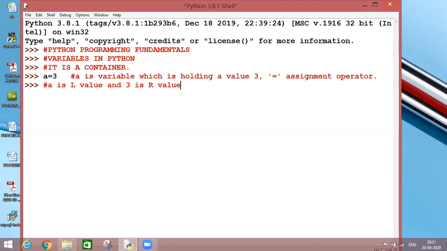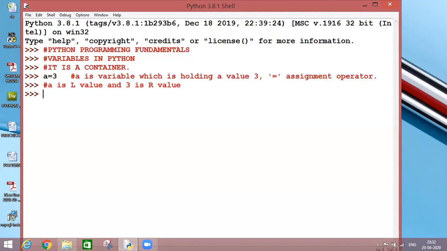That's why we are calling it as R value. And we have studied that in between there is an is equal to sign which is known as an assignment operator. So a becomes my L value, 3 becomes my R value. So my L value is holding R value. I hope I am clear. My L value is holding R value.